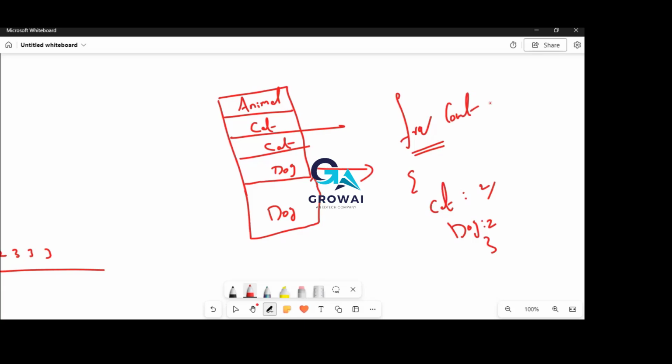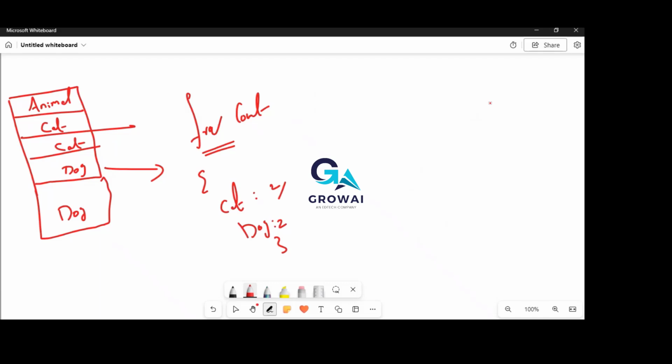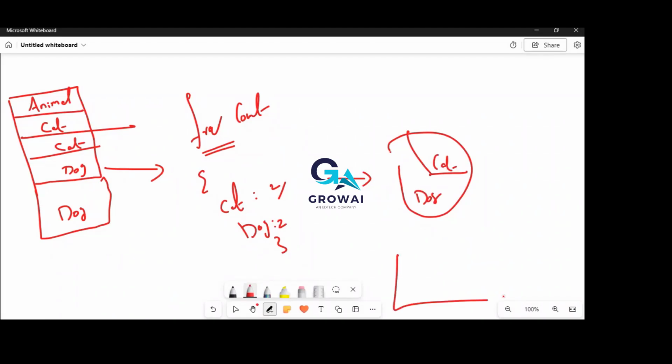Once you get the frequency count, we usually plot some plots to help. For example, sorry for my diagram, you can plot cat and dog here in a pie chart. If you want a bar chart, you can plot similarly a bar chart with cat and dog, which are of a similar nature. So this is how you can convert a qualitative